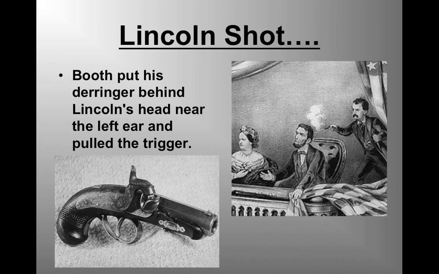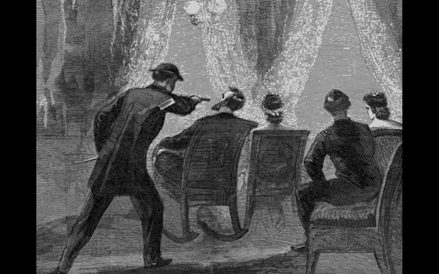John Wilkes Booth had seen the play Our American Cousin before, and as he snuck up on President Lincoln, he actually waited for a moment that he knew the audience would be laughing. And what he did, as you can see in this depiction, is sneak up behind Abraham Lincoln's head, near his left ear, with this Derringer pistol, and pull the trigger. Here's another artist's depiction of what might have happened. You can see Lincoln, his wife Mary Todd Lincoln, and his two guests. Obviously, John Wilkes Booth here, you can see how he snuck up on him.